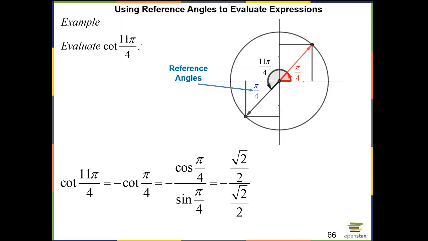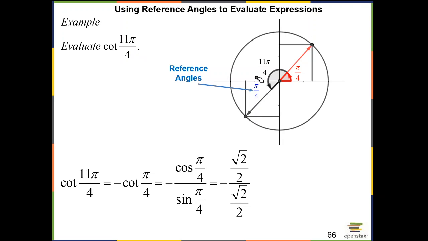Now we know cotangent, of course, is cosine over sine. So 11 pi over 4 again, if you use reference angle, and we did a few of these already, but this is 11 times 45, right? So it is 11 pi over 4. You are going to end up with, let me see if we draw it correctly here. So 11 pi over 4